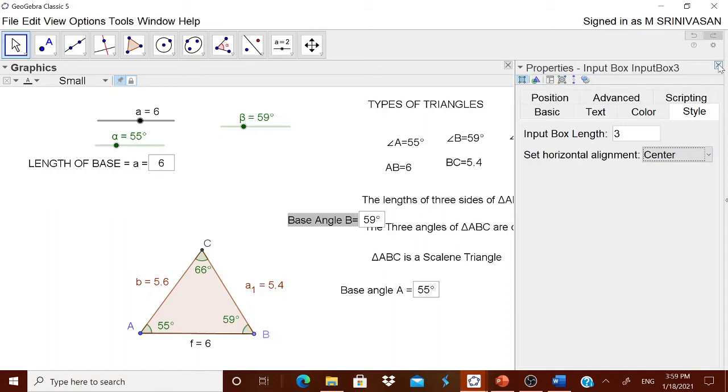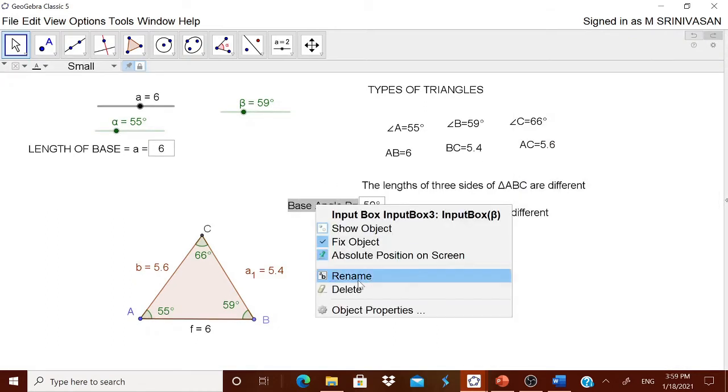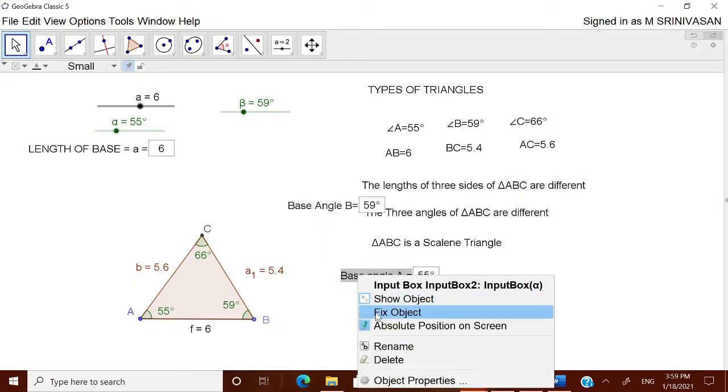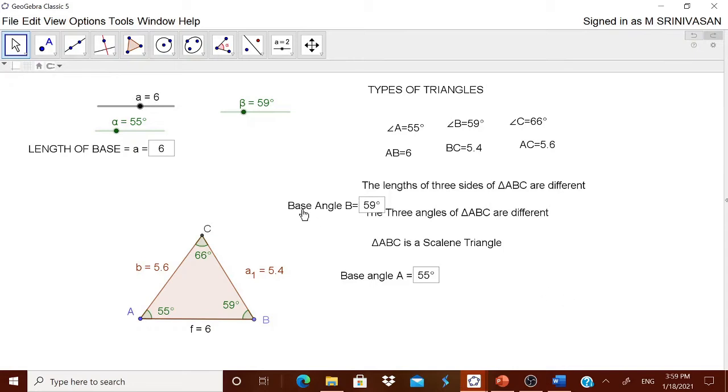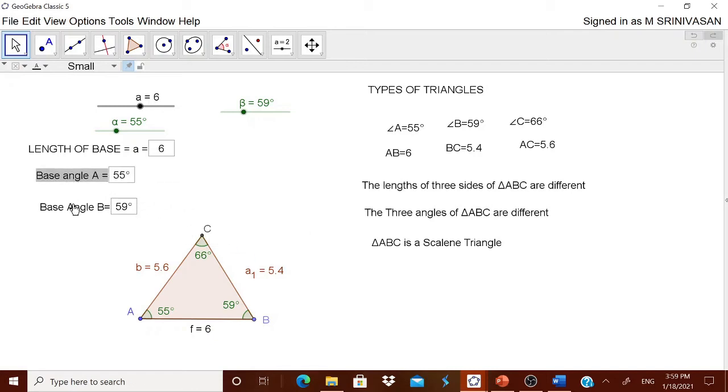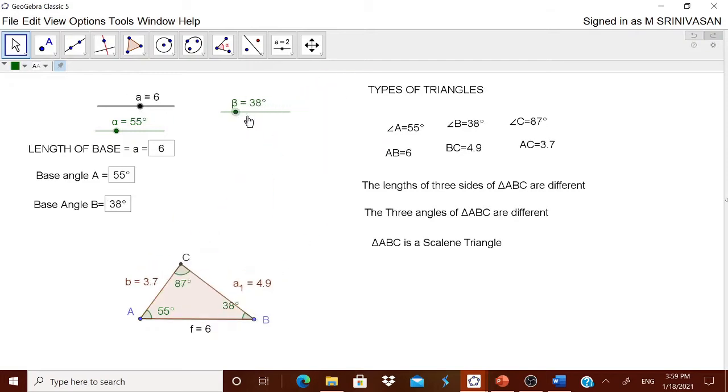We want the children to simply enter the number which is required. Well, I think this is not fixed. Now this is also not fixed. Now I can move this base angle A and base angle B. Instead of moving these, we converted them into input boxes for the children to enter the number very quickly.